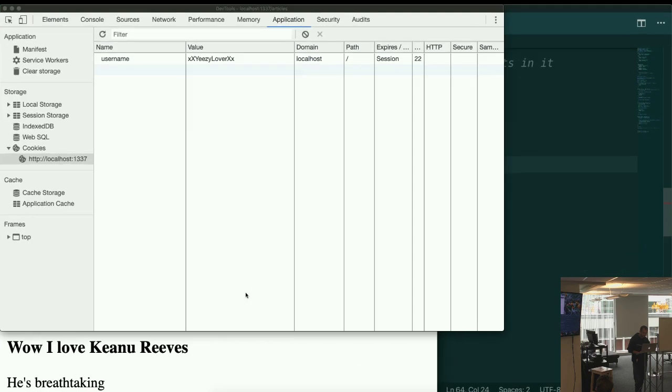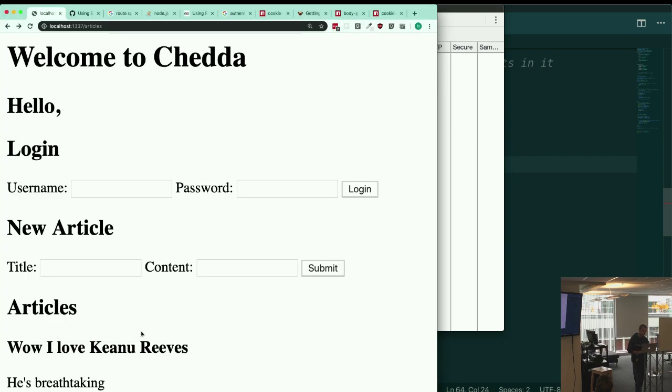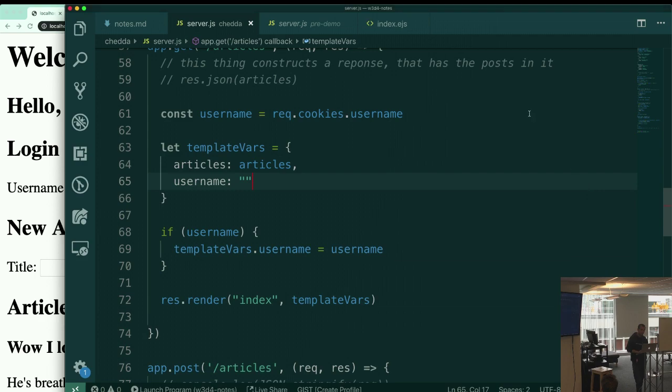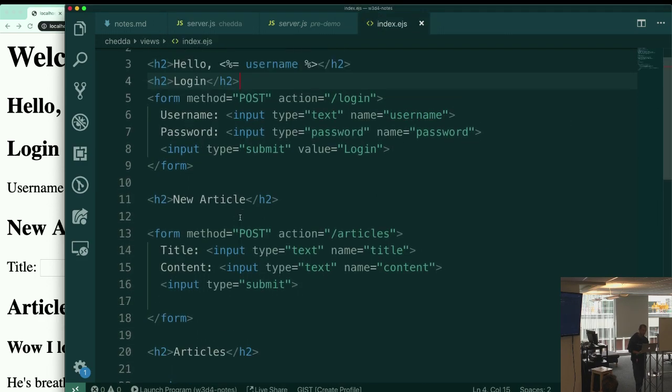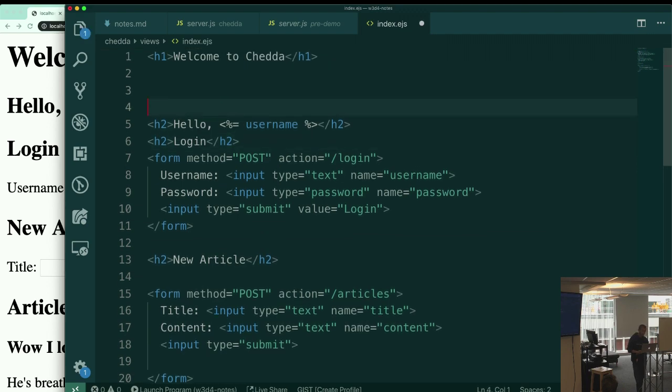So slow. There you go. If there isn't a cookie, like say I clear this, now it'll just show hello blank. But I might want to decide, if there is no username, like if it's a blank username, then what I want to do on my index.ejs is say, don't show that hello, such as